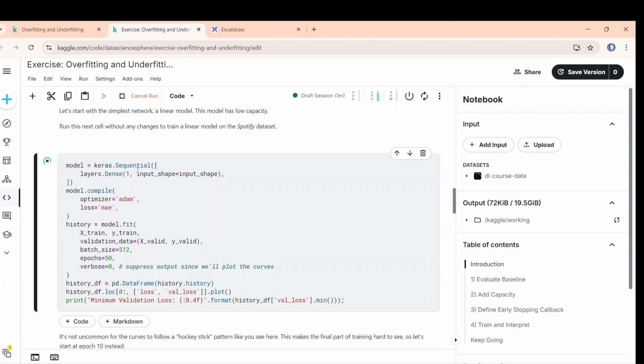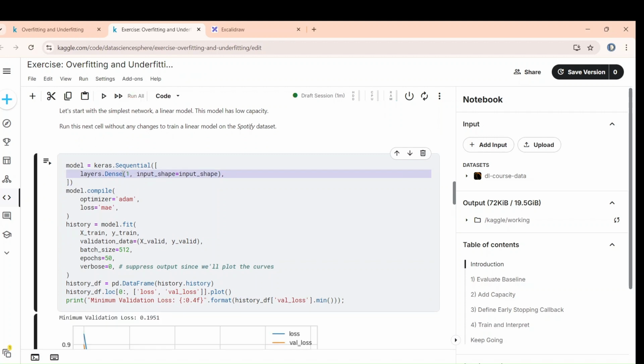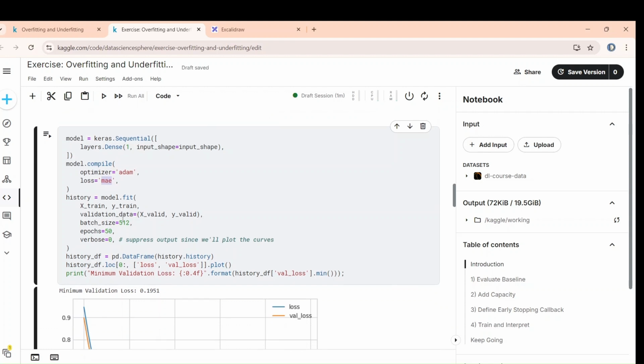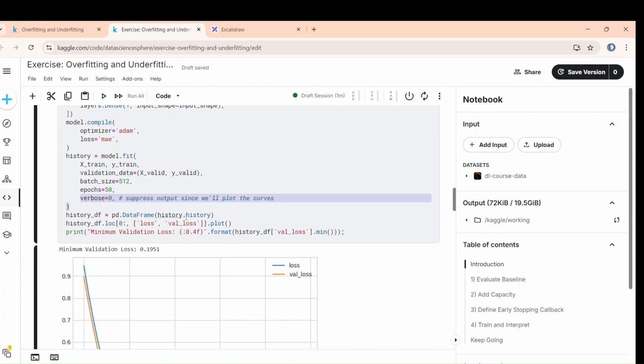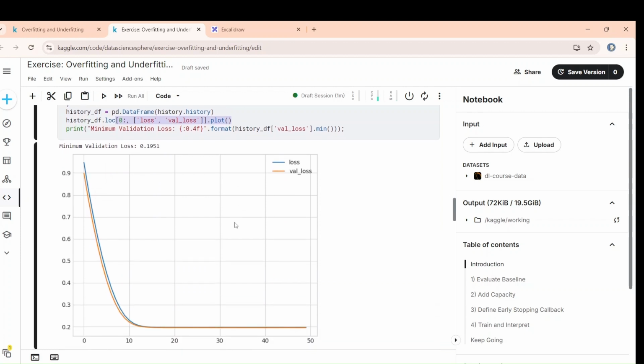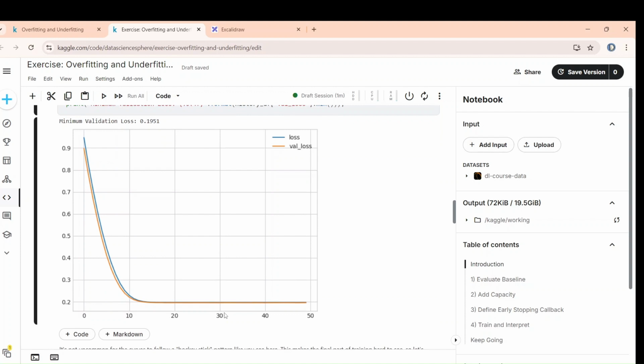See, model equal to keras.Sequential, layers.Dense 1, only one layer. Model.compile with optimizer Adam, loss equal to MAE, and history equal to model.fit. You send X train, y train, you send validation data, batch size, epochs, and verbose. Now you convert the history to a data frame, you plot it. Okay, now see what happens. Loss, validation loss. So the minimum validation loss is